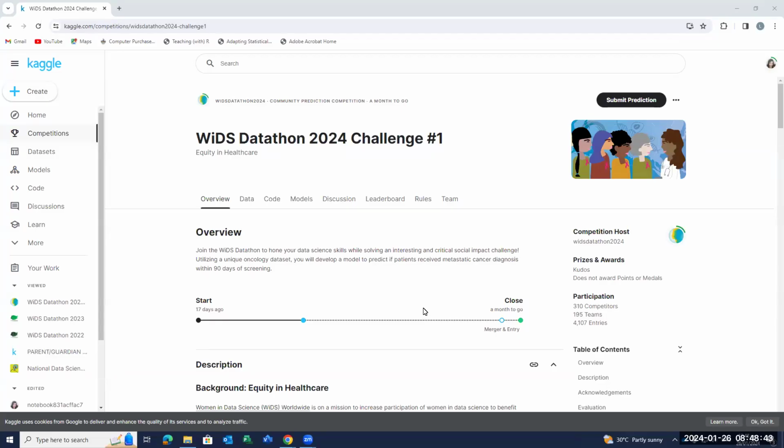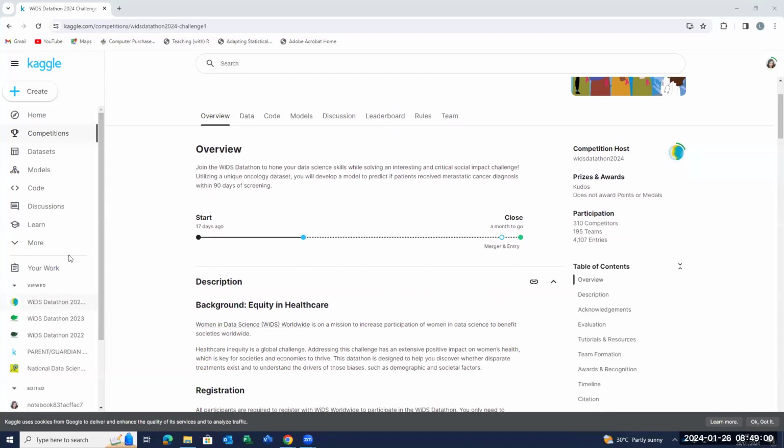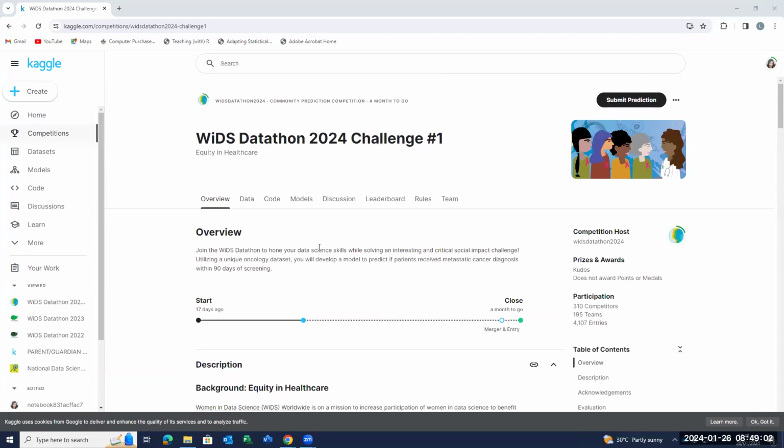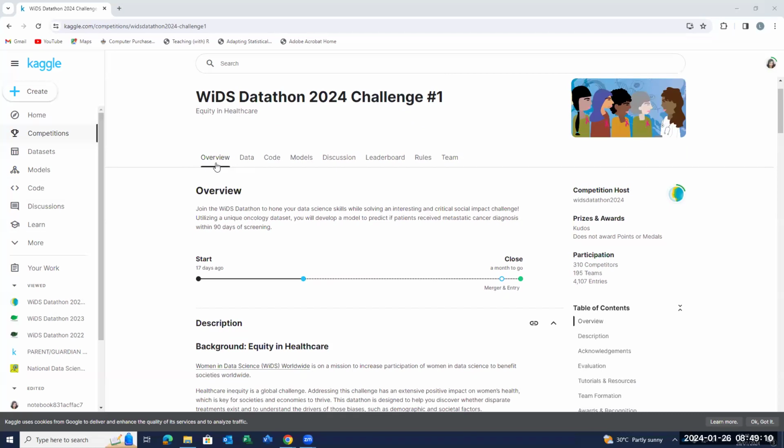Let's have a look at the WiDS Datathon 2024 challenge hosted on Kaggle. So you already have your free Kaggle account set up and have signed up for the WiDS Datathon challenge. Once you have done both of these, you can navigate to Kaggle and peruse the Datathon website. You'll find particular tabs related to this specific challenge, and the overview is based on an oncology dataset